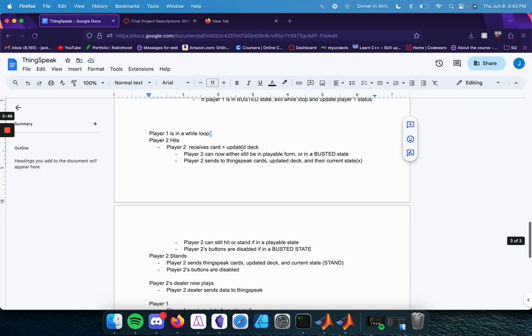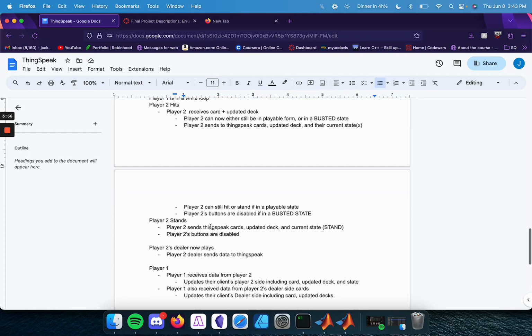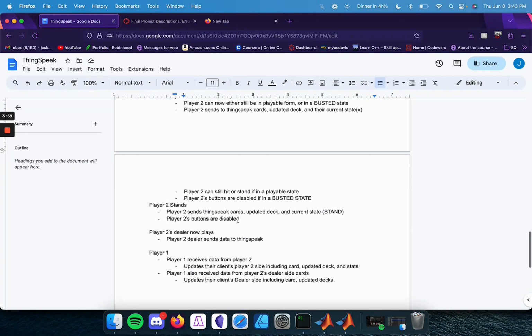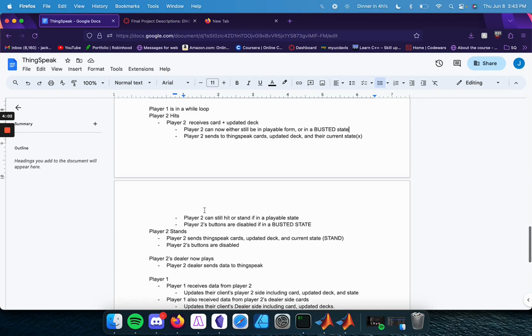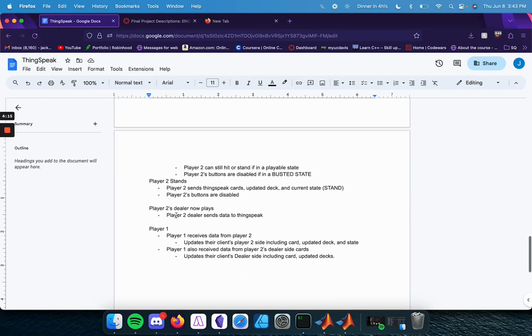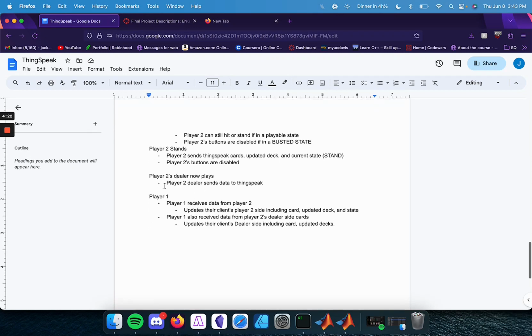Player 2 will hit, they receive the cards and their updated deck. Player 2 will now be in some state of being either playable or not. Player 2 will send ThingSpeak their cards, updated deck, and their current state, and they will disable their own button. So right after player 2 becomes unplayable, player 2's client-side dealer now plays, and the dealer is a function. When the dealer plays, the dealer will grab cards until they reach a hand value of 17. And once they do that, player 2 will